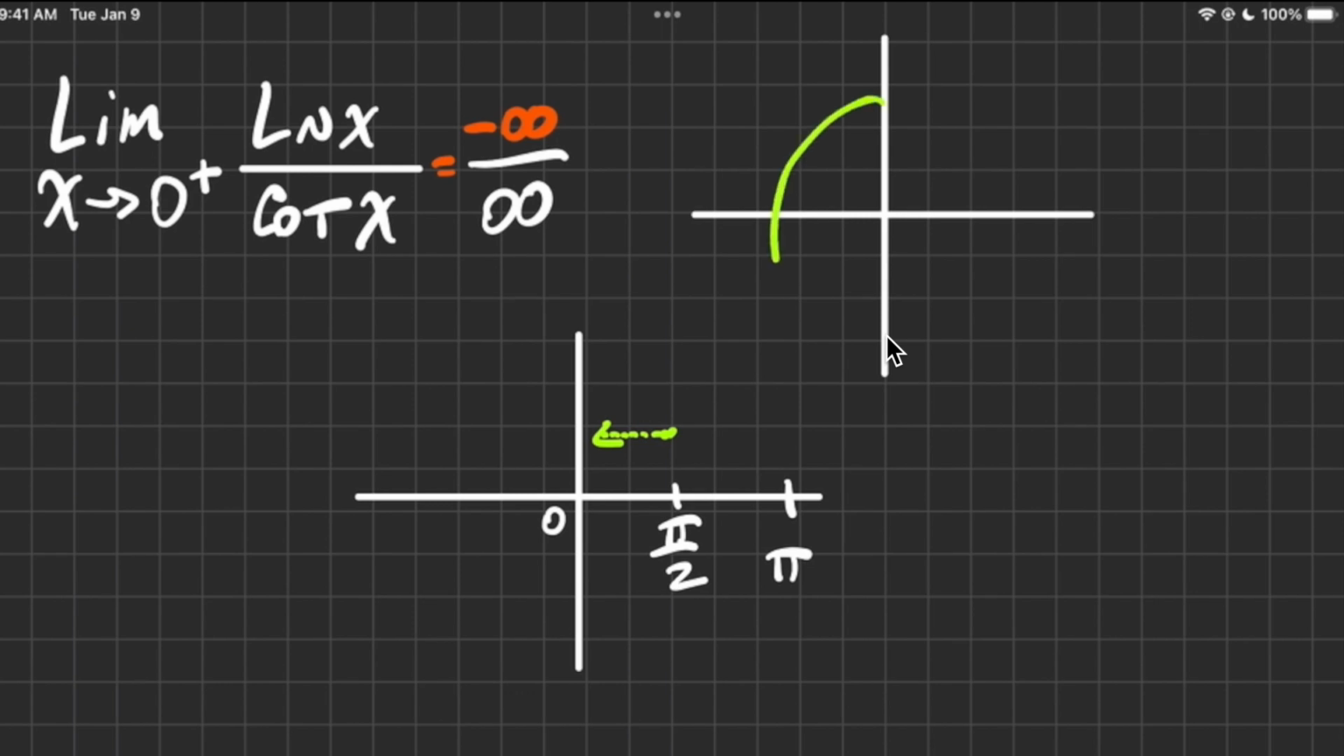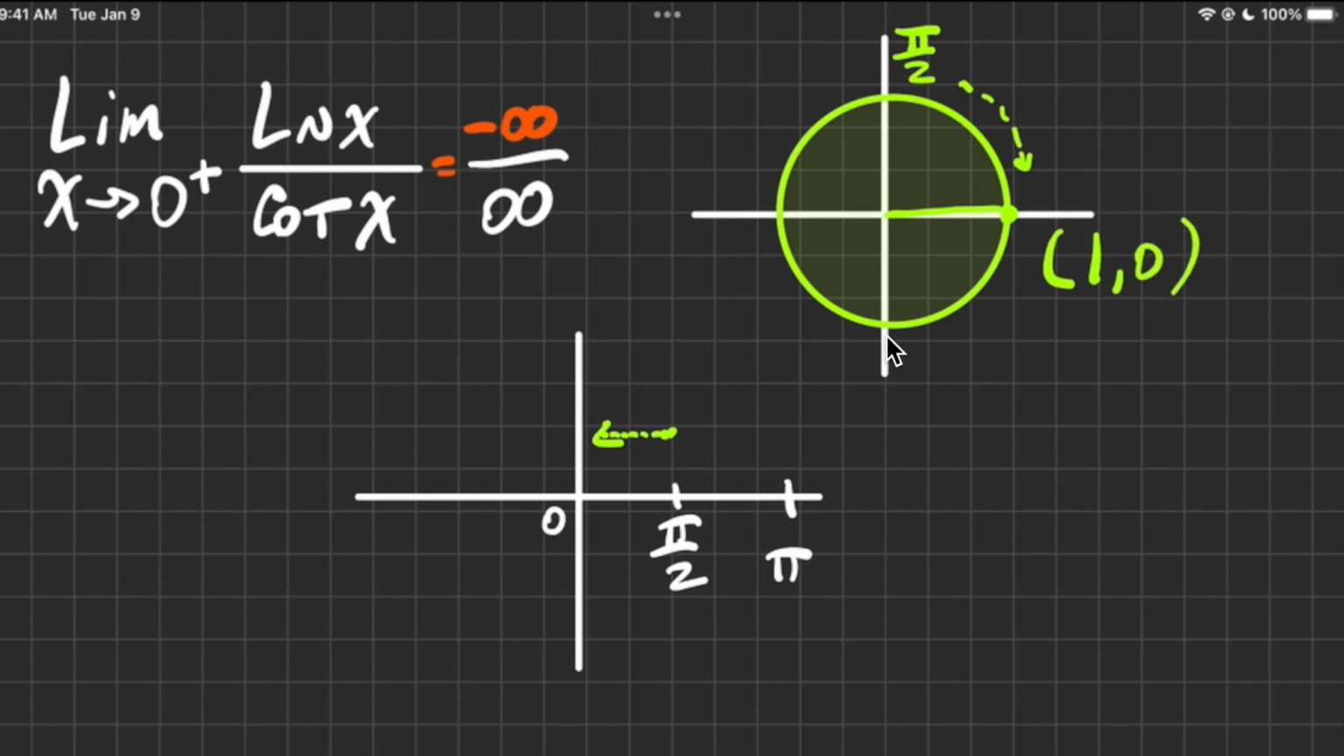So when we analyze this using the unit circle, we're going to start at pi over 2, and we're going to head this way towards 0. The coordinates of 0 degrees on the unit circle are 1, 0. Recall that the tangent is y over x, which would give us 0 over 1. However, the cotangent is the reciprocal of that. So we're going to have